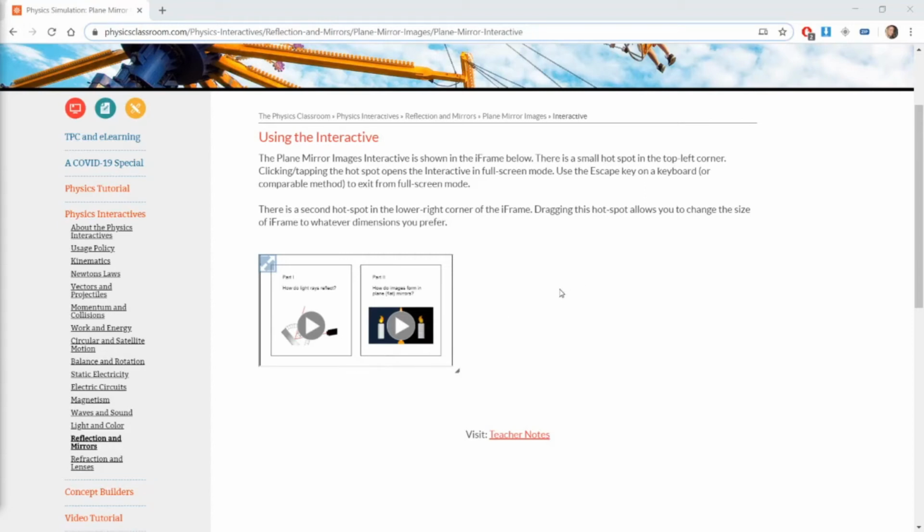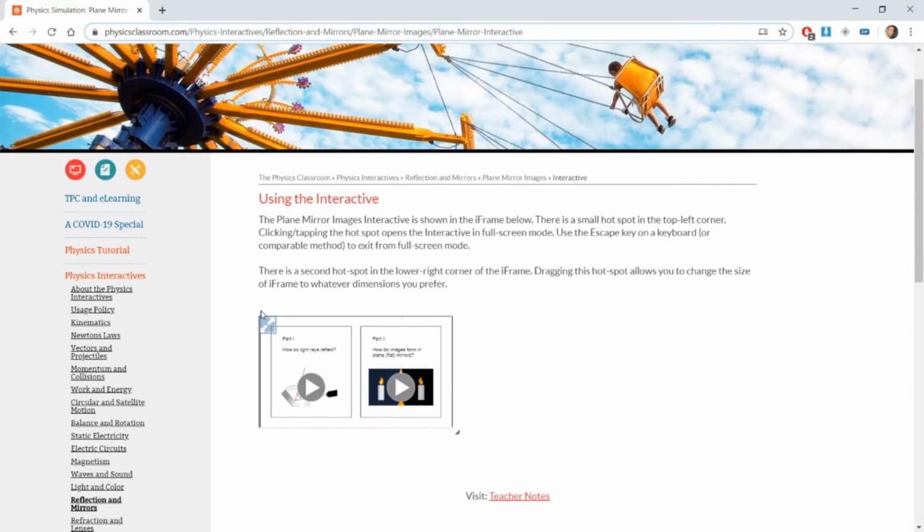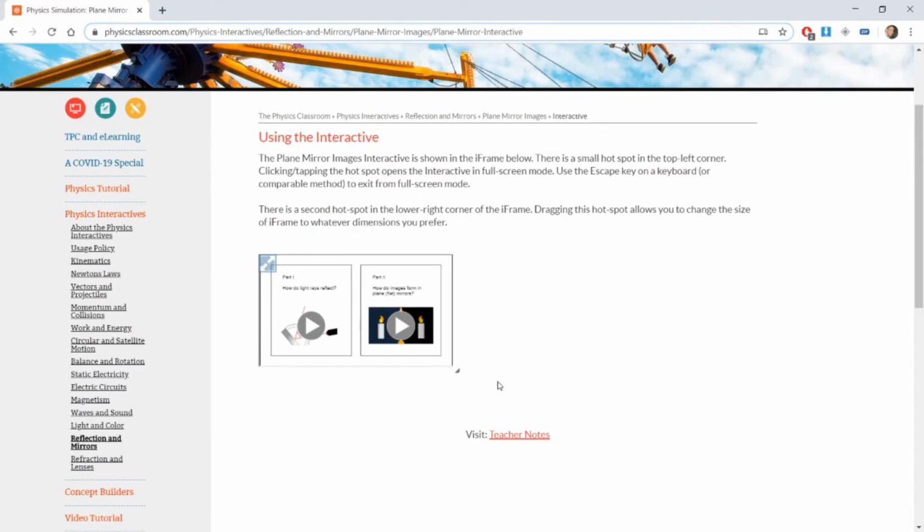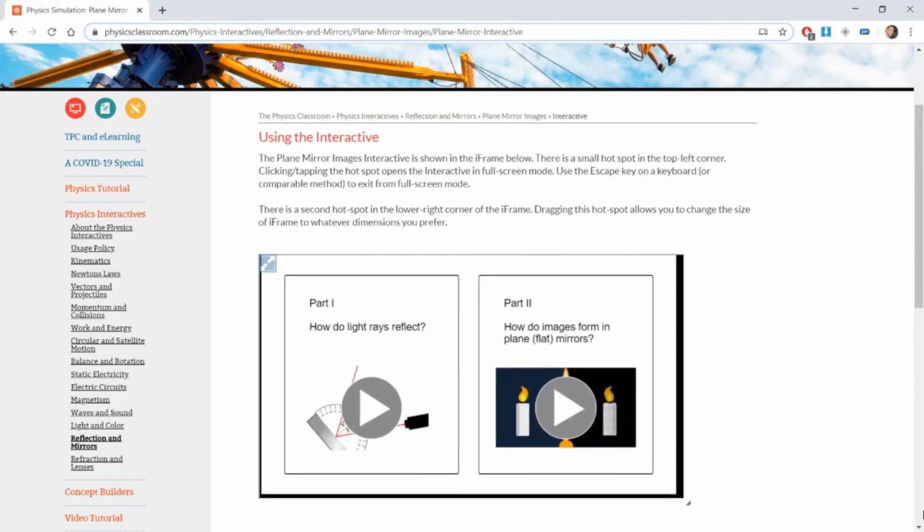Hi folks, this is just a short tutorial video to show you how to use the physics classroom light simulation. When you click the link and open it up, you'll get a page that looks like this. The simulation that you want is down here. There are two ways that you can access it. You can either drag it like that